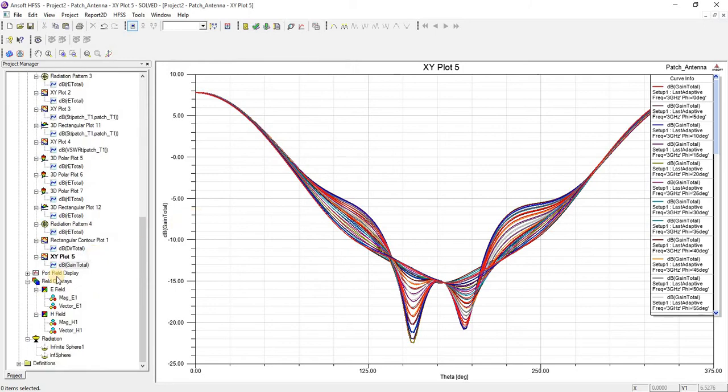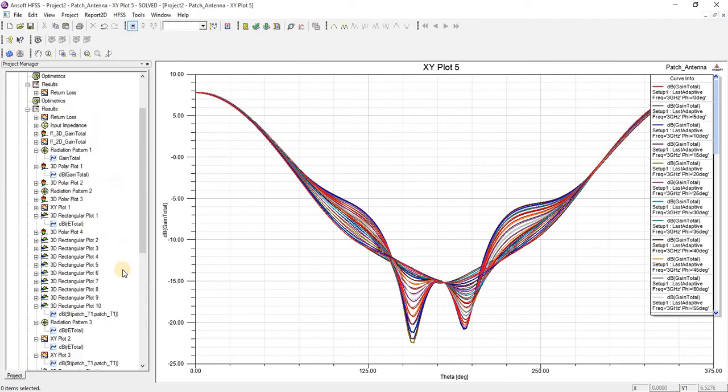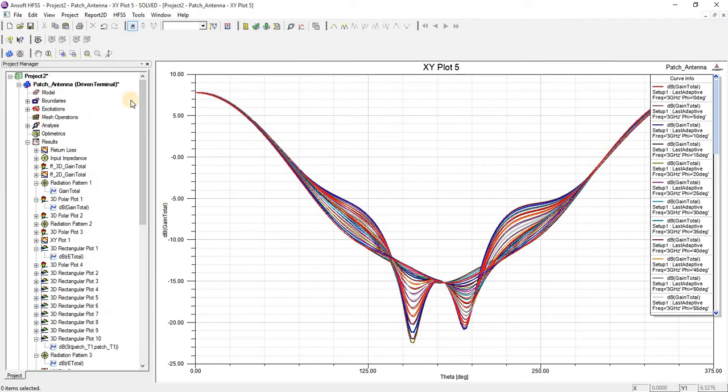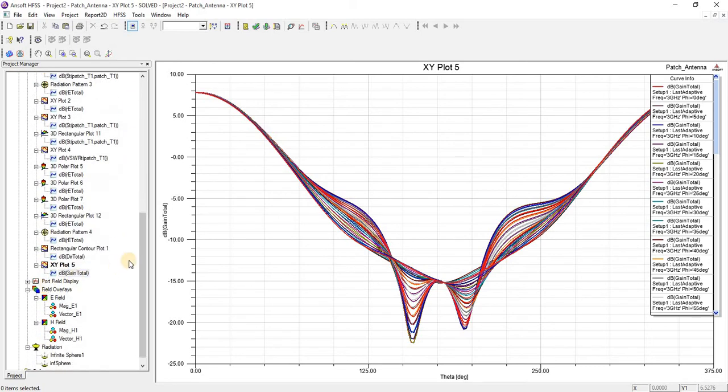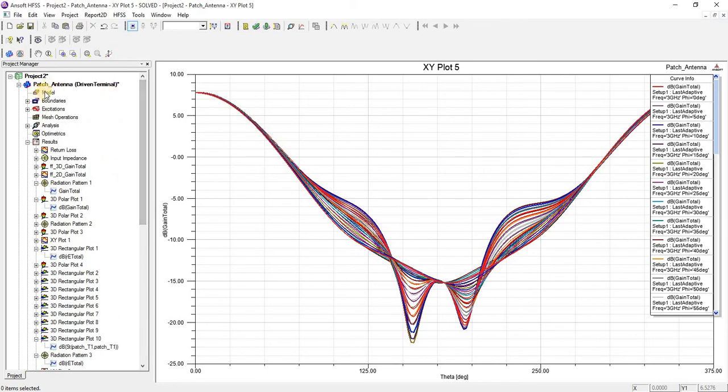Now we will see how to form field overlay plots. First of all, we will see which antenna part we want to see their field, for E field, for H field.